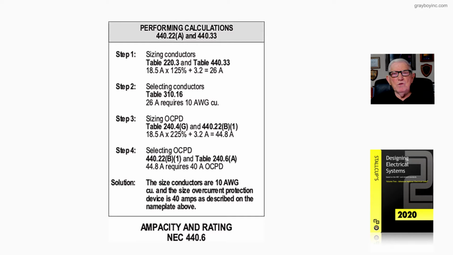Now step 2, we apply table 310.16, and based upon the 26 amps calculated in step 1, we come up with a number 10 from table 310.16. Now step 3, table 240.4G basically states if the overcurrent protection device is sized greater than 125% of the compressor plus the condenser motor, then we would use